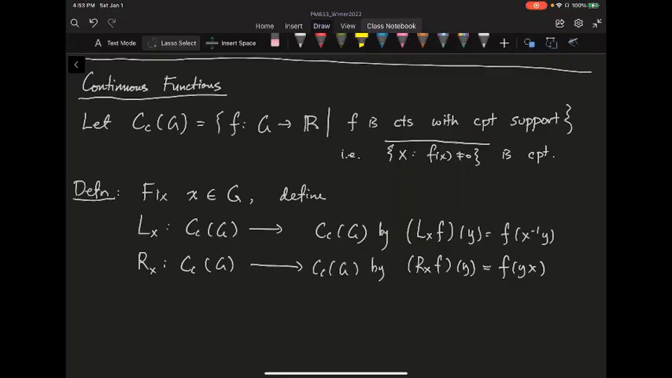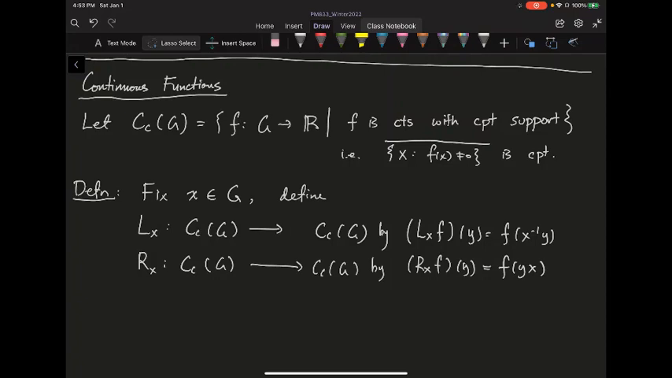Now we need to prepare ourselves towards the construction of the Haar measure in the next lecture. So let me briefly talk about compactly supported functions on these topological groups. First of all, the definition. If I have a topological group G, you can now talk about continuous functions from G to, say,